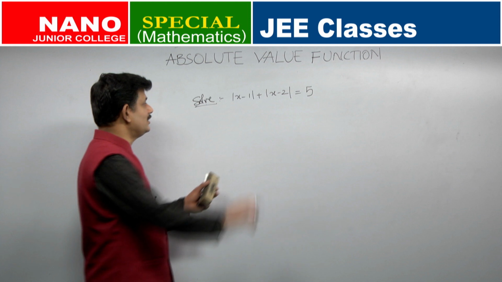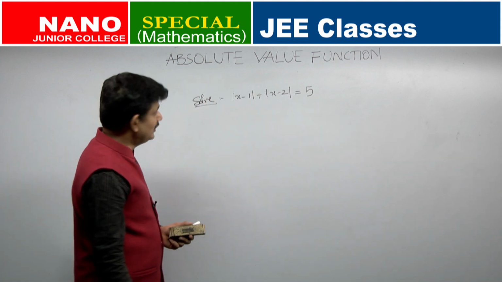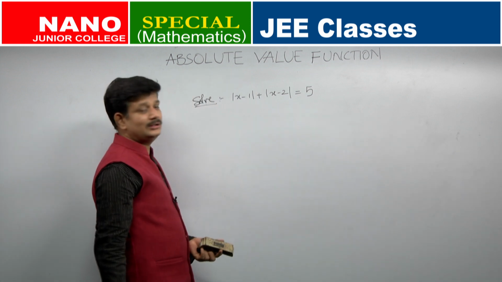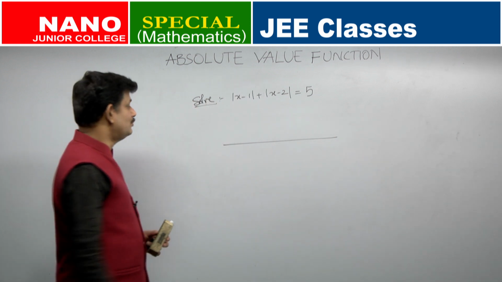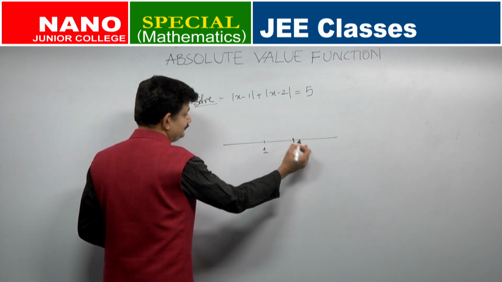So, in this question you cannot write simply plus minus 5 and start doing it, right? You cannot do that. Yesterday we saw that mod x is not just plus minus x, it has a lot of things which you have to understand inside. So, let me do this both geometrically as well as analytically. I will start with the geometrical approach.